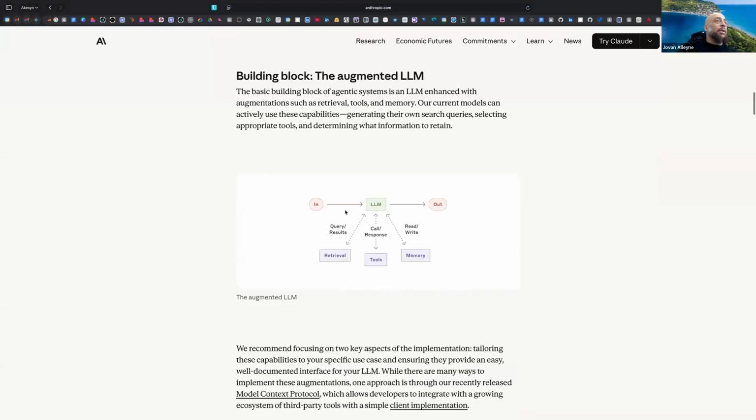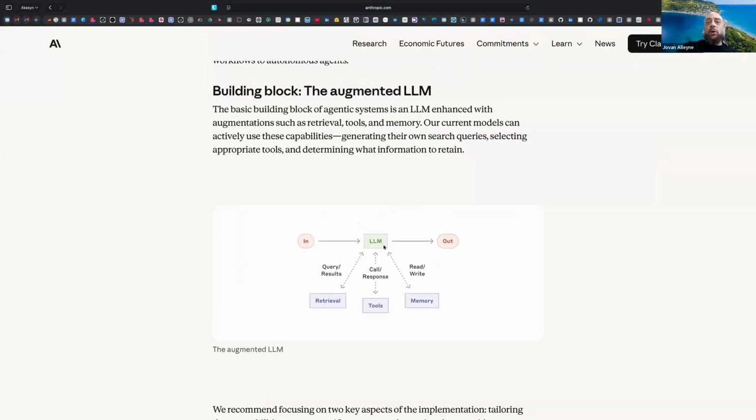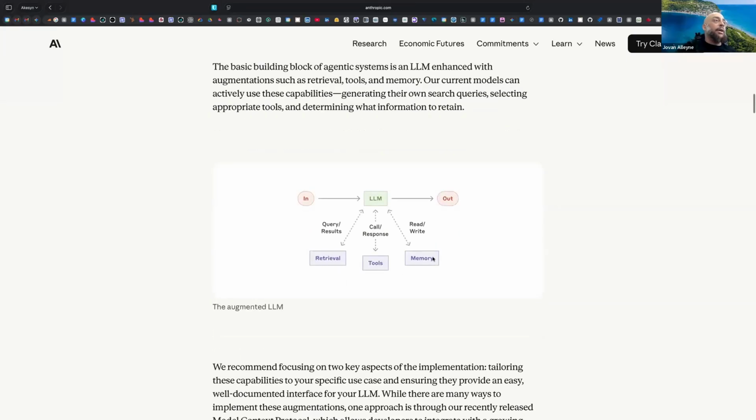So this is an example of what a basic LLM would look like, and that's your Gemini or your basic ChatGPT interface, right? You make a call, it goes into the LLM, and that LLM will query some search results, and that's where you might see Google search happening or some external piece of information being cited. Then sometimes there's a tool call if you're integrating with your email in Gemini or some other external system in Claude, and then you read and write to your memory.